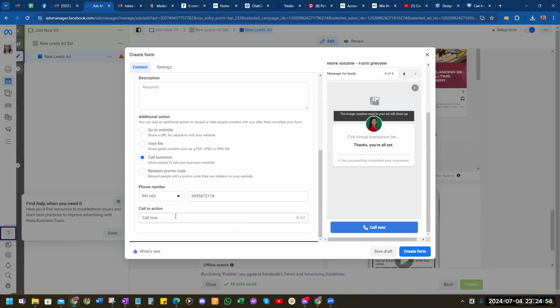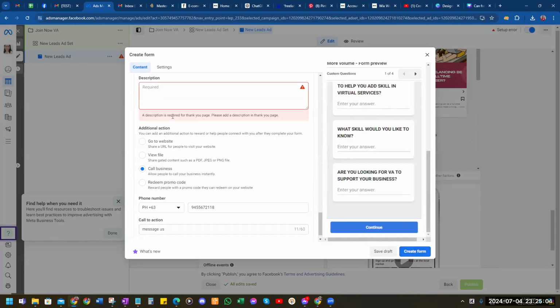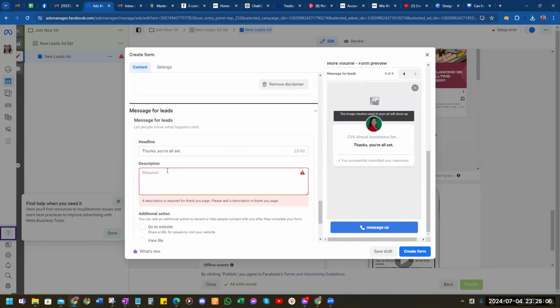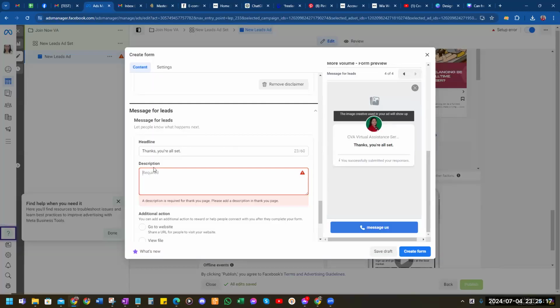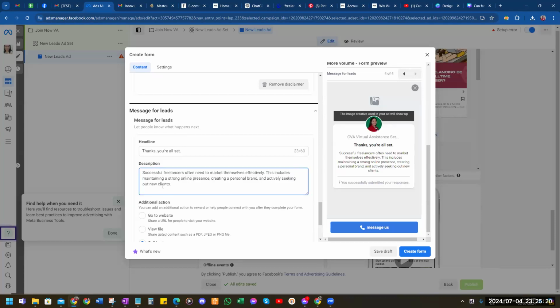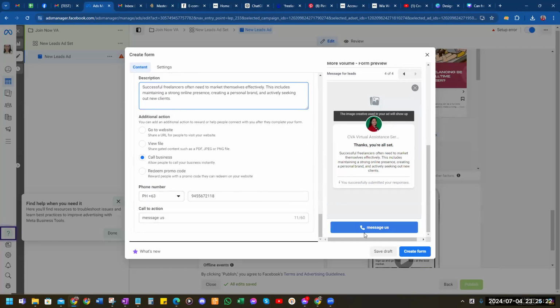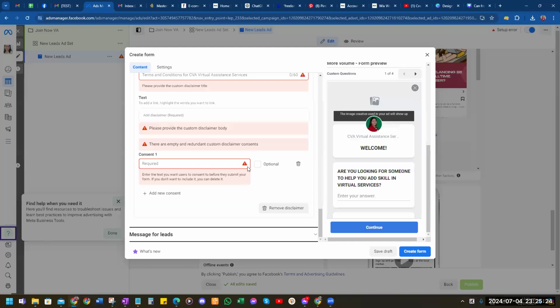Okay. And then description. Thanks, you're all set. And then create form. There's a lot of required.